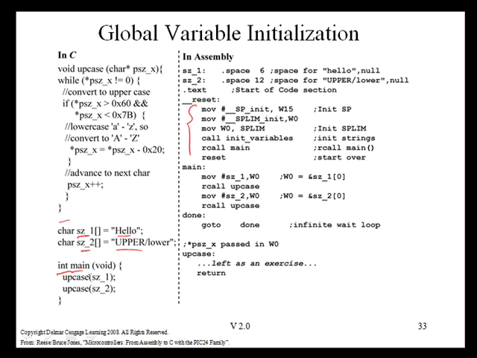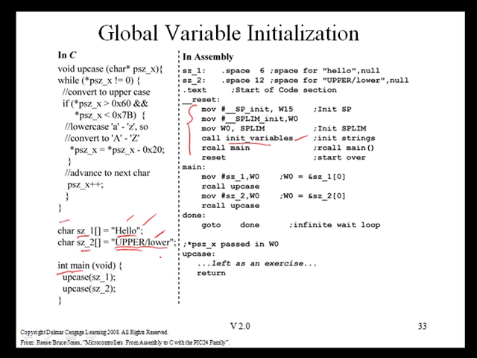So how is that going to be done? Well, there's going to be a subroutine call generated by the compiler in here that's going to be something like this, in which you're going to call some code called init variables that's going to make sure that these values are initialized. How does the compiler do it in the case of string constants? In the case of string constants, these values are actually going to be stored up in program memory. It is possible to store data in program memory. It doesn't have to just contain